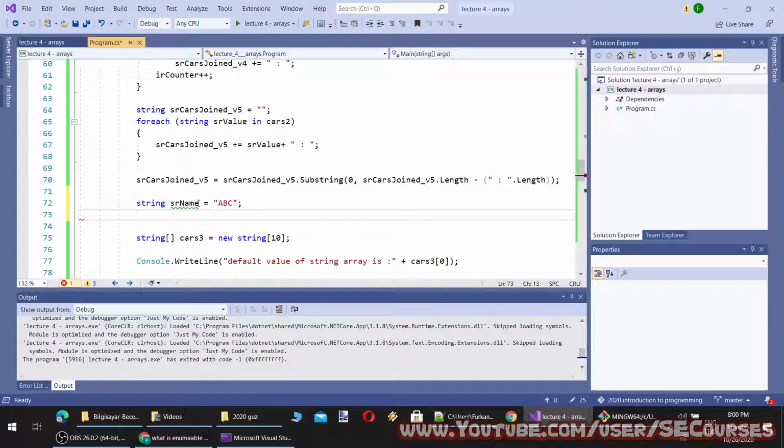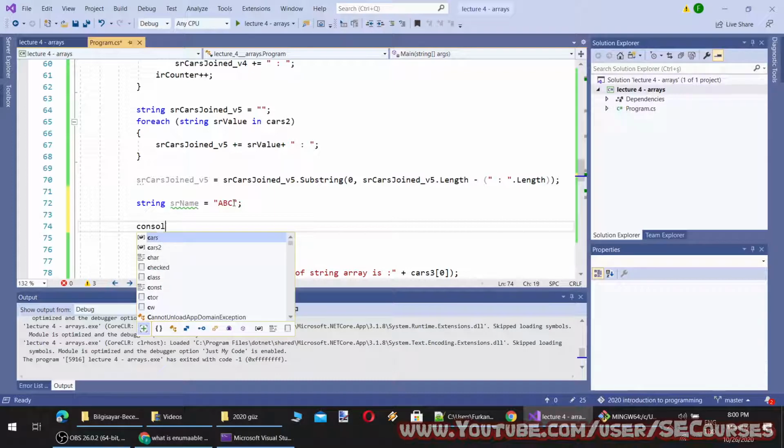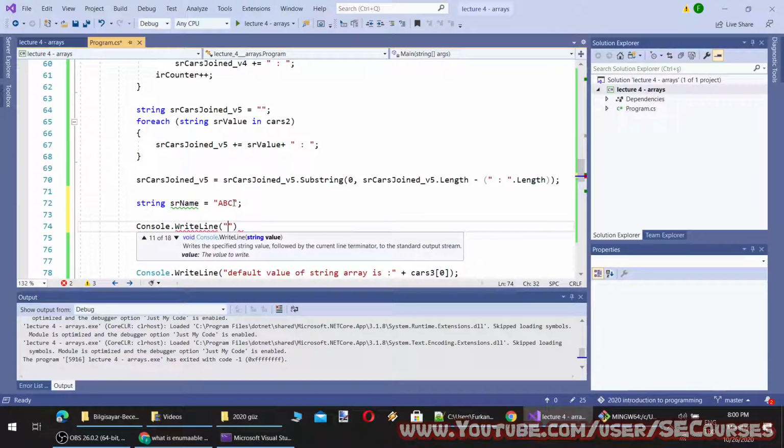So I am going to show the substring results. Start with this.